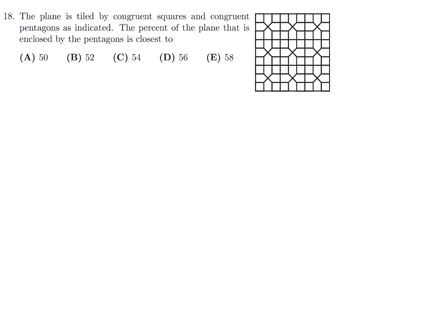The plane is tiled by congruent squares and congruent pentagons as indicated. The percent of the plane that is enclosed by the pentagons is closest to. All right, so they've given us not much information, so we are just going to have to put in some numbers. They've given us some squares, and they've given us some pentagons. And the pentagons basically